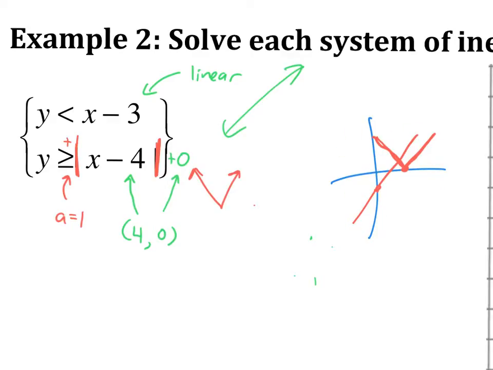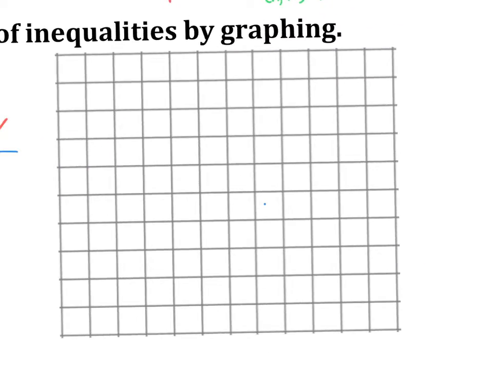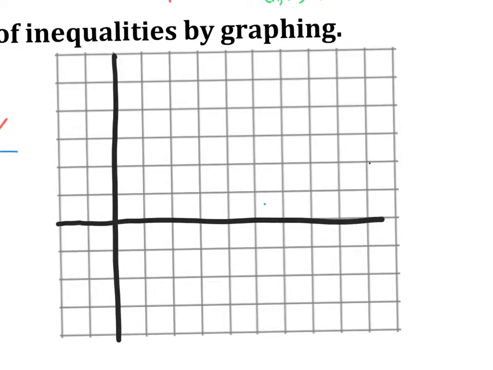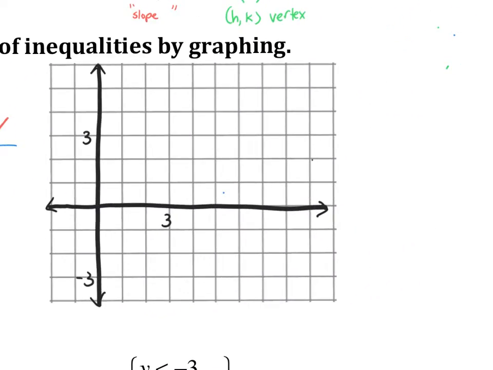So notice that my origin is going to be slightly shifted. So it's not going to be crosshairs in the middle. So let's go ahead and do that, setting up your graph like so. Throw in a bunch of some numbers, not too many. Keep it simple, like so. And now we start to graph it. The first one is beginning at the -3 and goes up 1, right 1. And we're going to have a dashed line